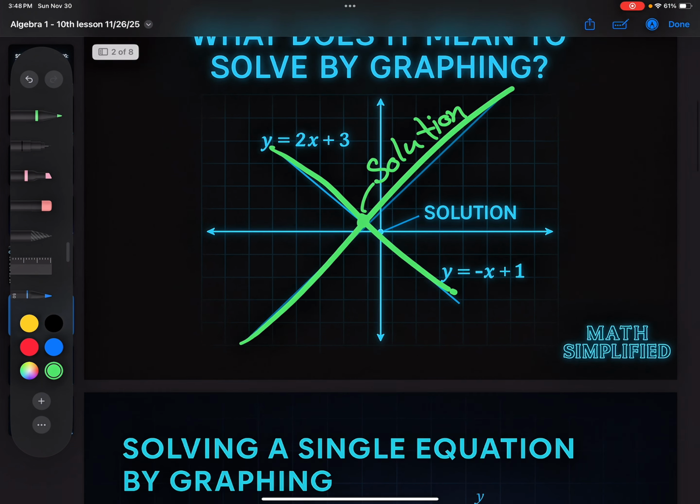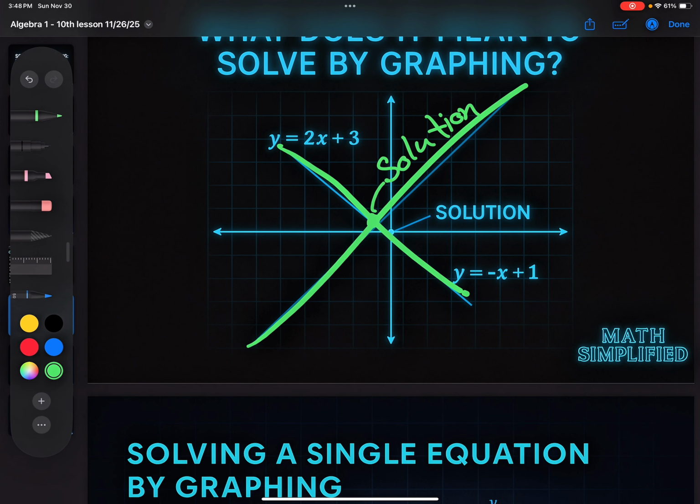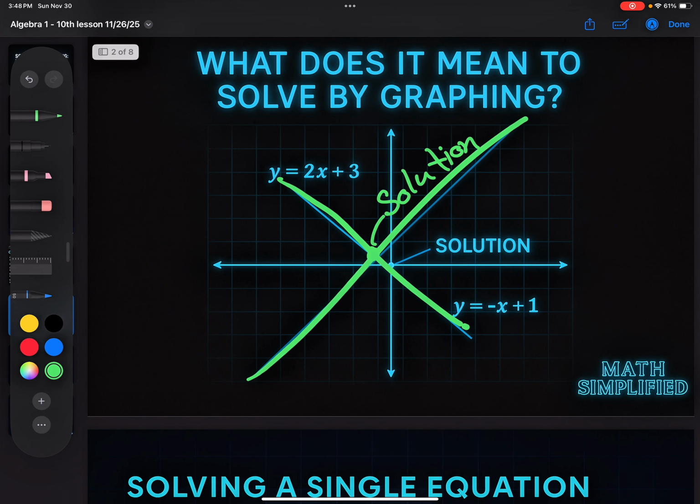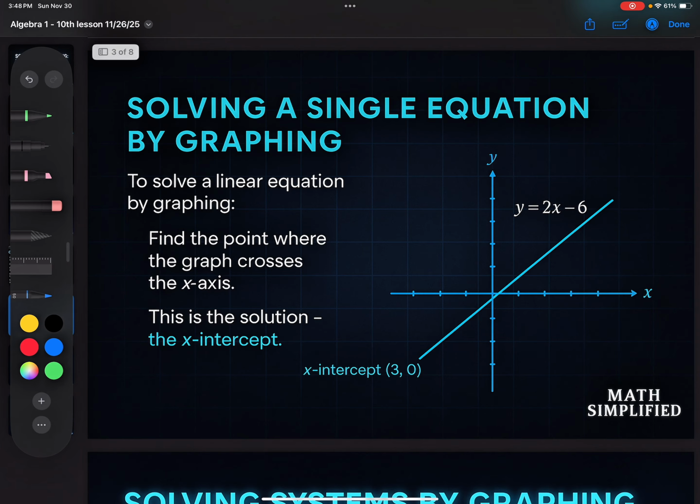Okay, so that's the whole purpose of this video. We're graphing two lines, and then we're trying to see where their solution is. Okay, and here when they intersect, there's always a solution there. So to solve